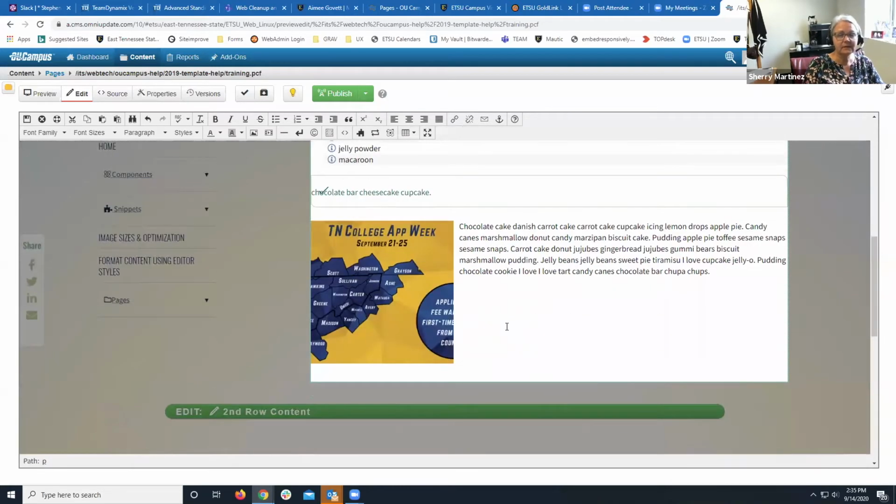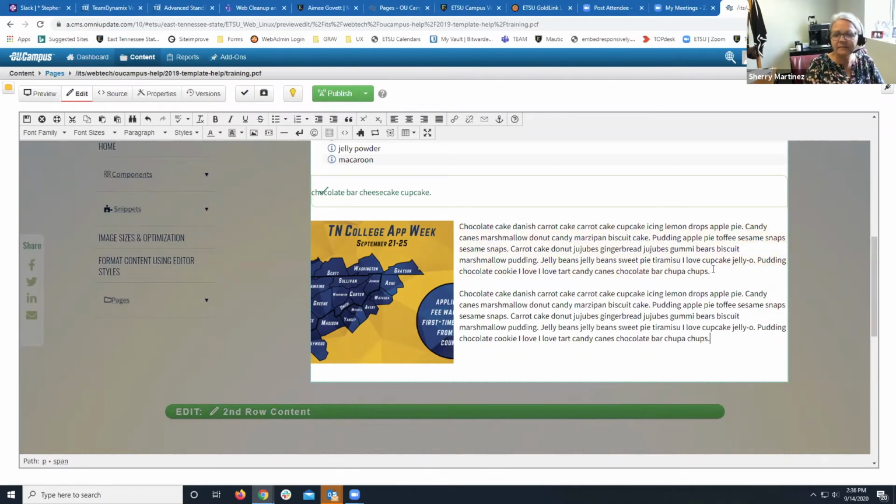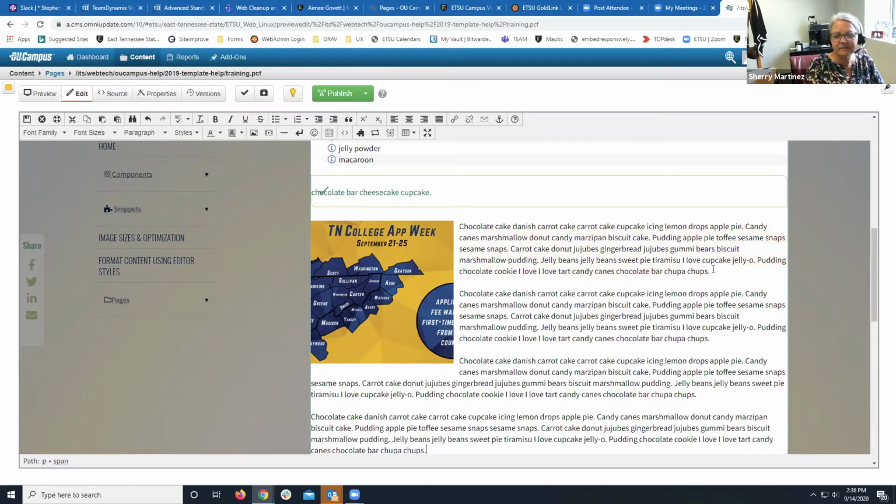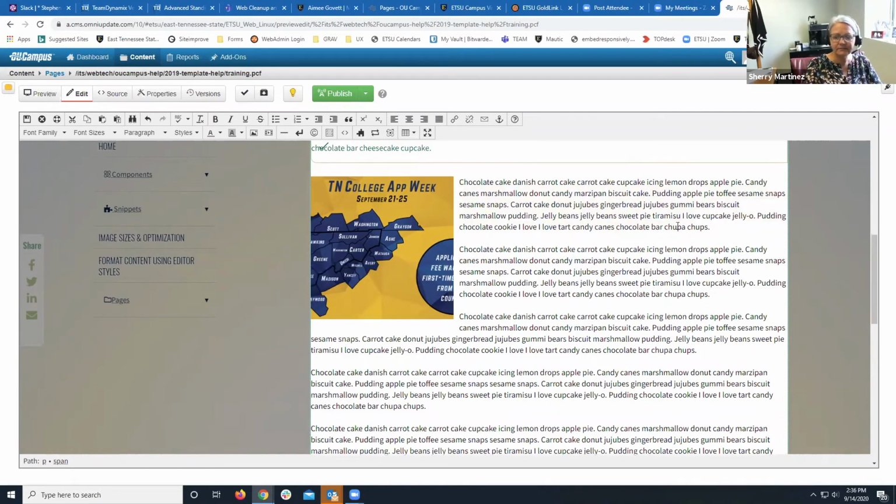And there it automatically adds my image to the left, and it adds some padding around the text, and there's my text sitting off to the right. Okay, so it's very easy to add images. I'm going to just add some more content here so we can work on some